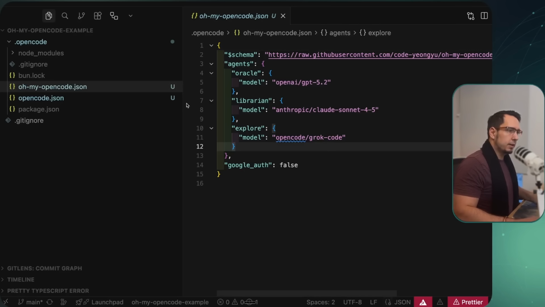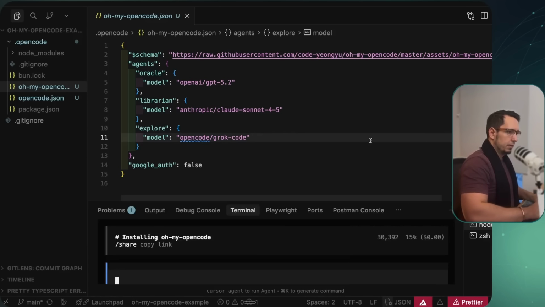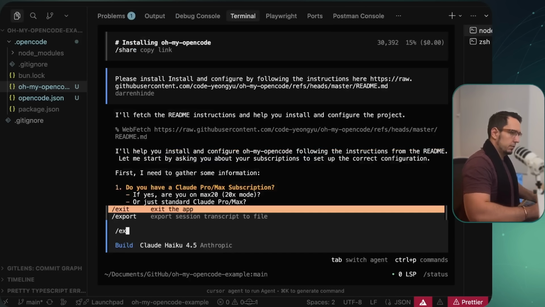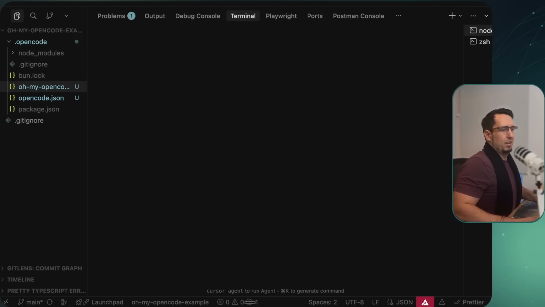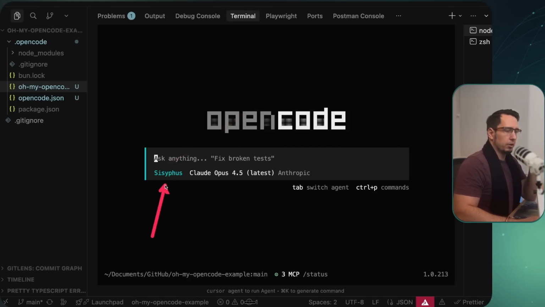All right, so now we need to rerun OpenCode to get this new effect. So I'm going to make this big, and I'm just going to exit this, and I'm going to run OpenCode again. And we will see now that the build agent has changed to oh-my-opencode's Zephyrus. And we can see oh-my-opencode is working because the build agent has changed. And if I press tab now, you'll see the plan agent has also changed to